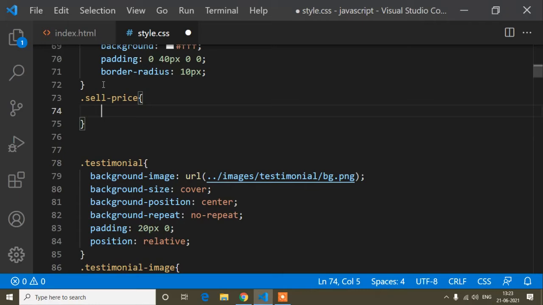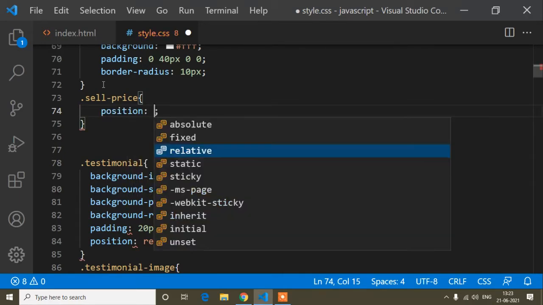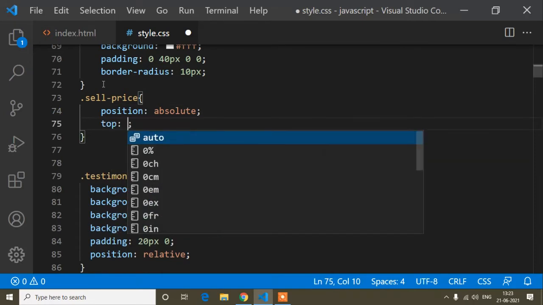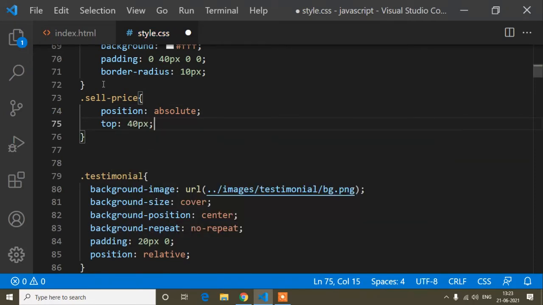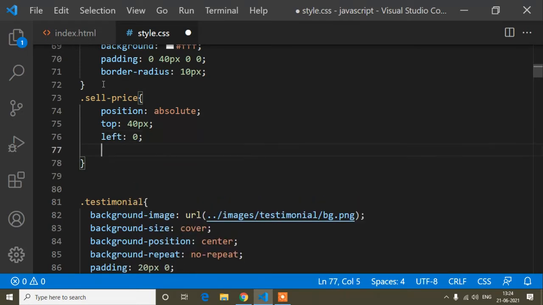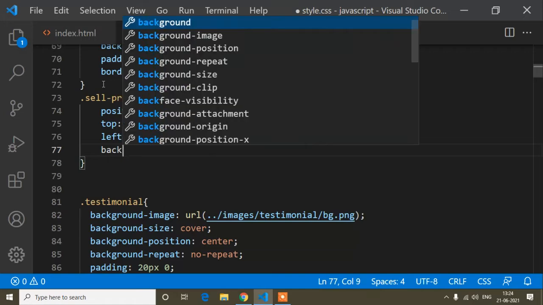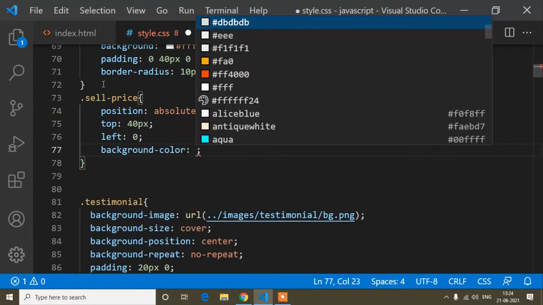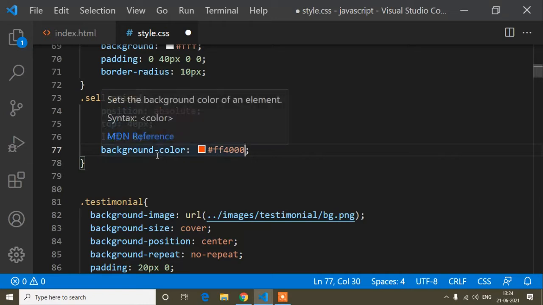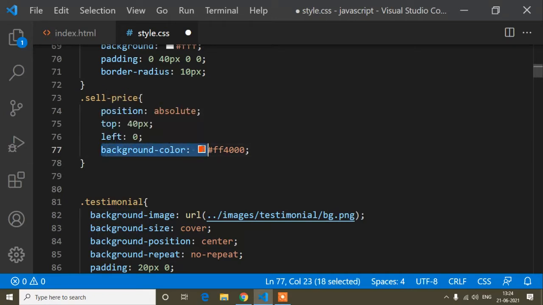So paste, and now here first thing I will write position is absolute, and from where the div will start to float, that is top 40 pixel, and left is 0, and after that the background color. Here I will use orange. So guys, when we write a background color, you can write background color, or instead of background color you can write only background, both are the same thing.